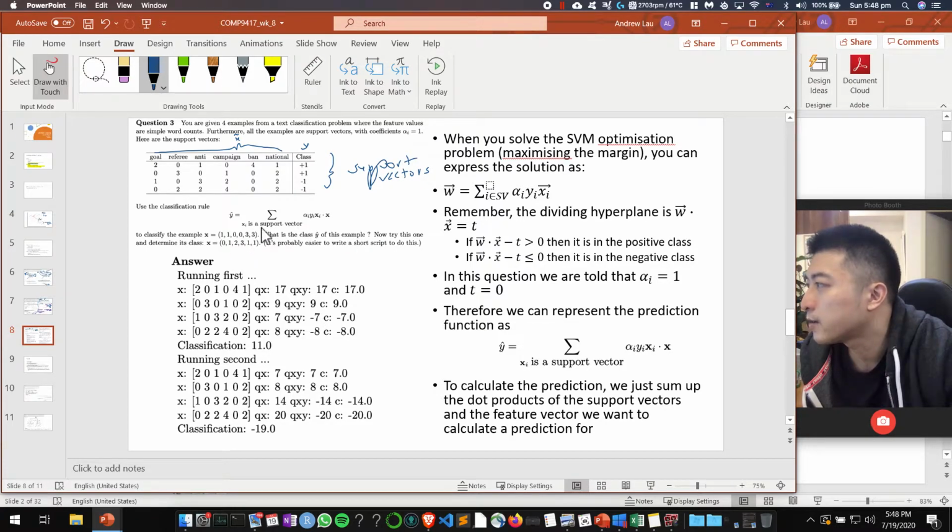Right? So you can use this classification rule. We basically got to use all these guys here, right? So what we want to do is use this classification rule to classify two things effectively, right? Now,